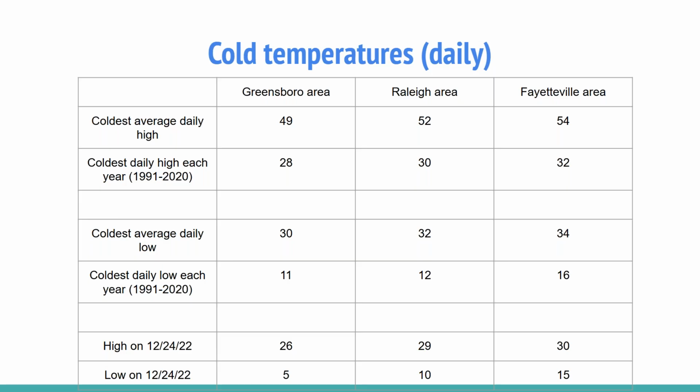But when it comes to what's actually observed each year, we typically end up having a day where we won't end up getting to much more than freezing or even to reach freezing. Over the last 30 years, that's what the average has been. Similarly, if we look at the coldest average daily low, you can see that that average is somewhere around freezing for each of our sites. But again, in any given year, we will likely end up going somewhere between 10 and 15 degrees for a